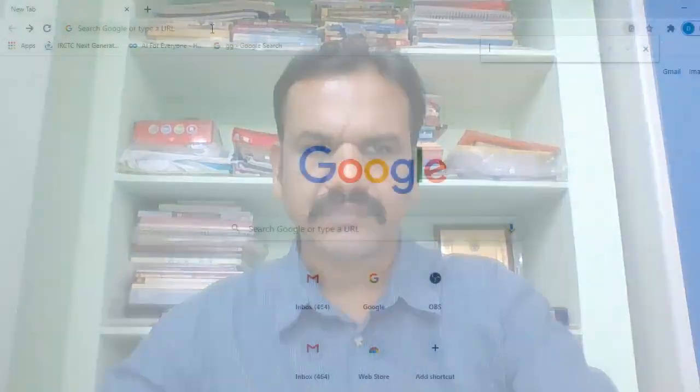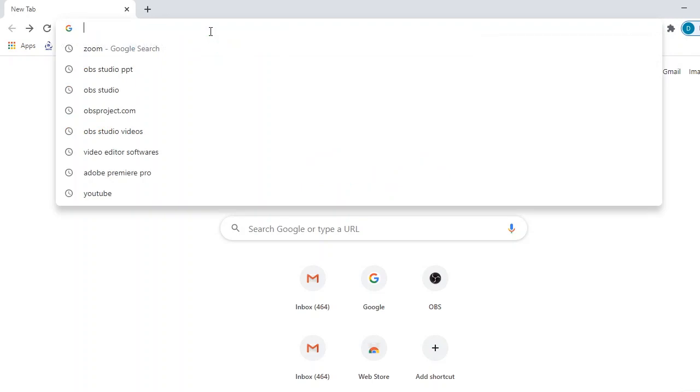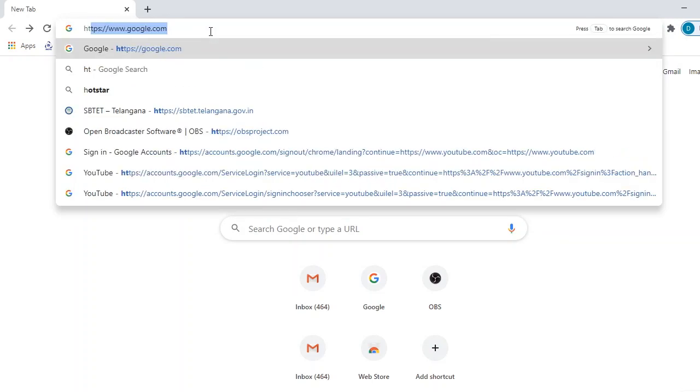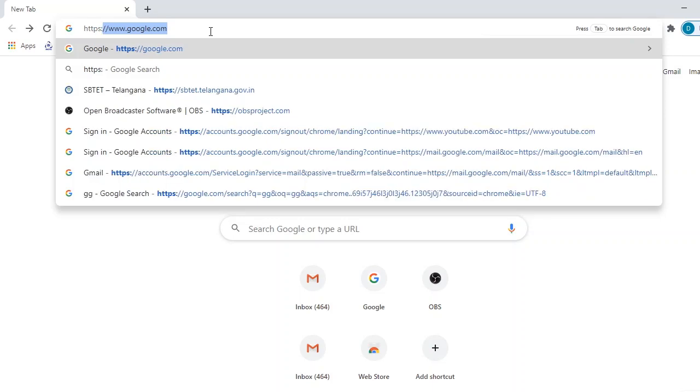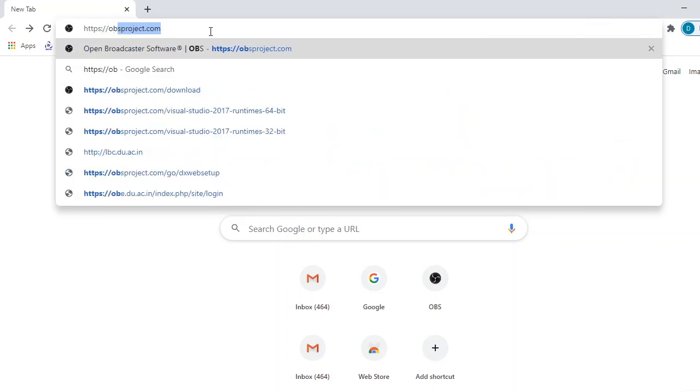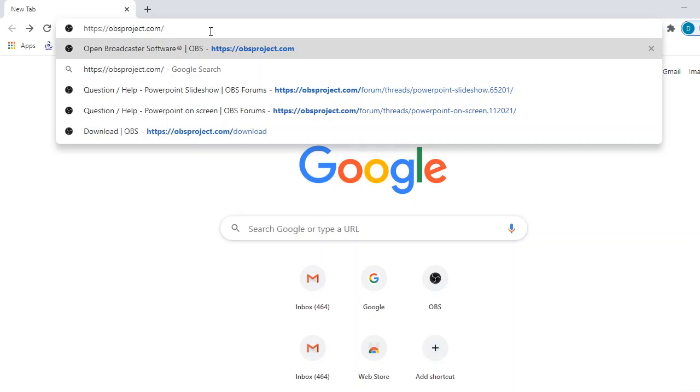Let us download it from the website. Go to the browser and type https://obsproject.com/.